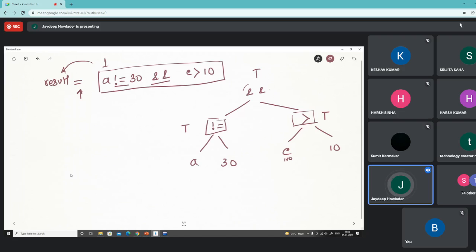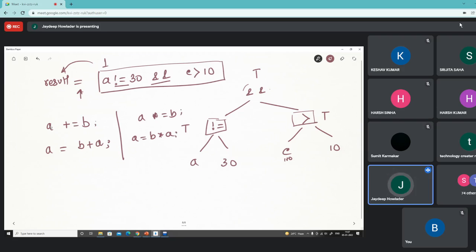And then there are some shorthand representations. Say if I write A plus equals to B, that means A equals A plus B. Understand? Similarly, writing A times equals to B is basically A equals A times B. Clear?